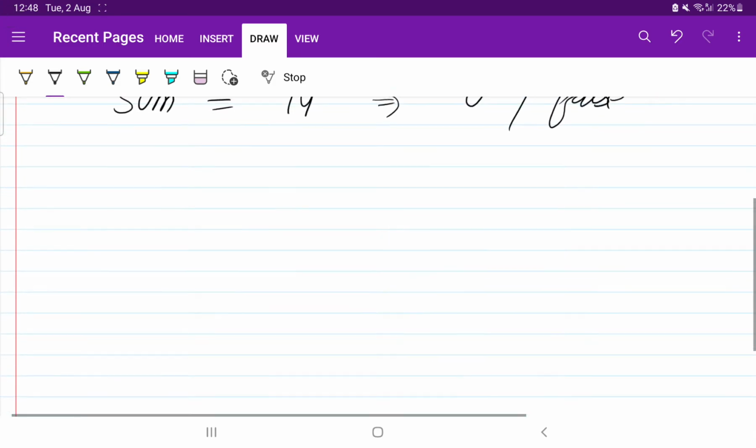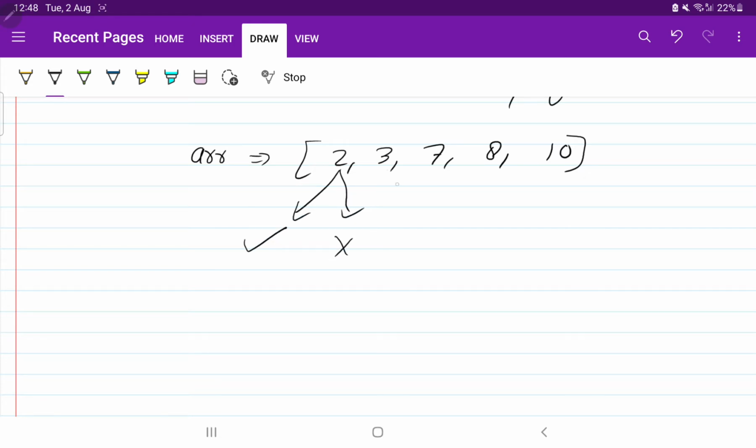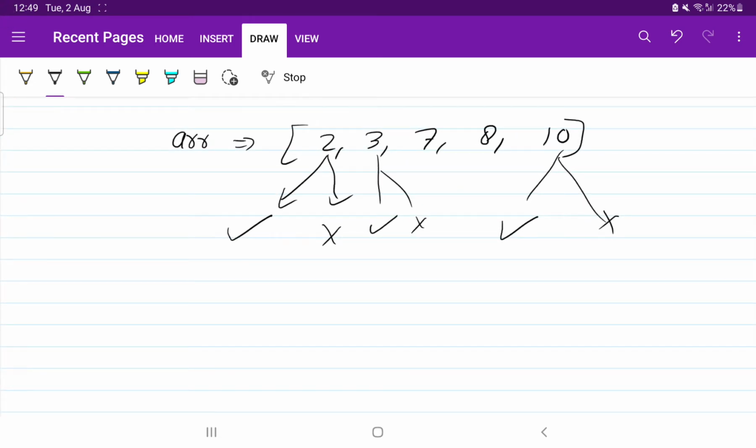Whenever you see such a question, where you have to take a decision on each element, whether you take 2 or not, whether you take 3 or not, whether you take 10 or not, you may think of dynamic programming, that is DP. And in DP, if you get questions like minimum, maximum or required sum, then also you can go for DP.